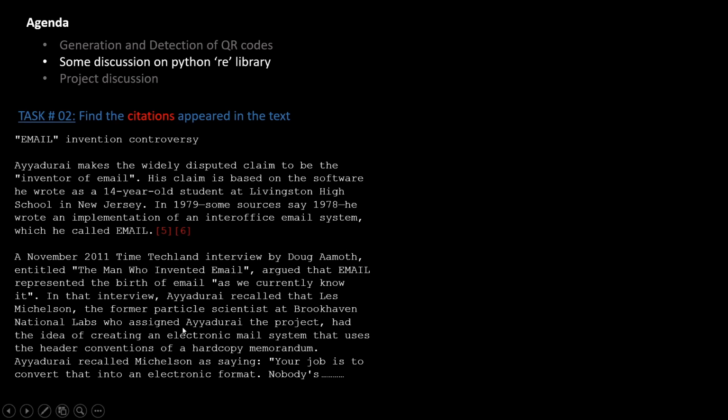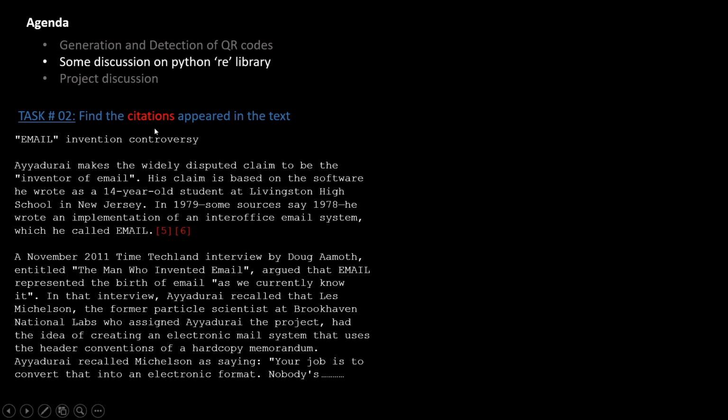Task 2 is, you can see in the same text we have some numbers in square brackets. These are called citations. While writing this article, the author has referenced several documents, and in his reference list, this is the 5th document, this is the 6th document, like that.